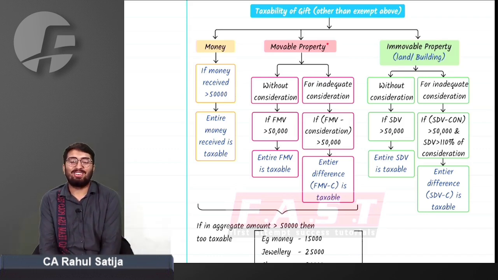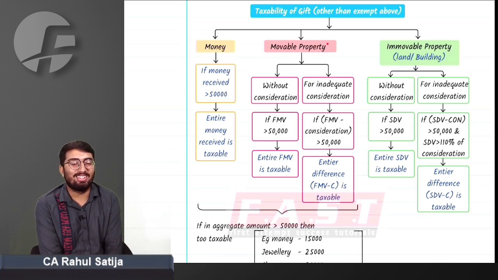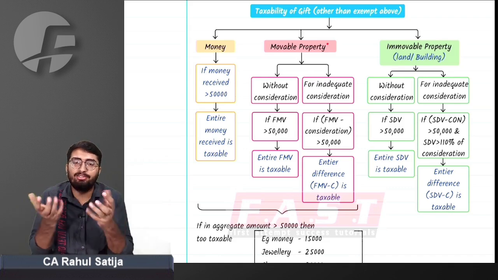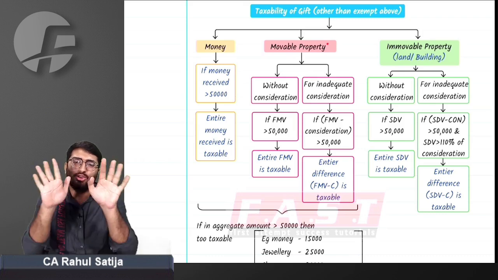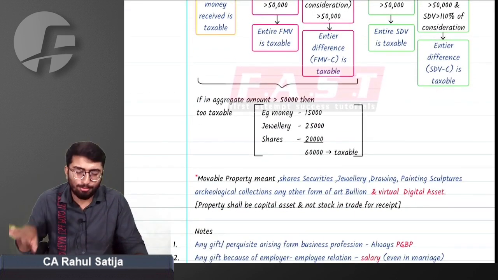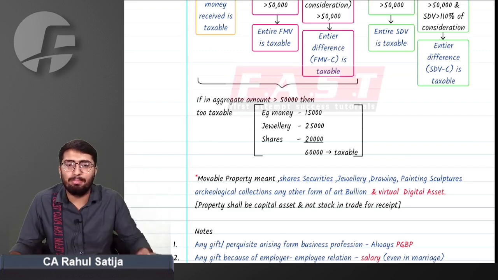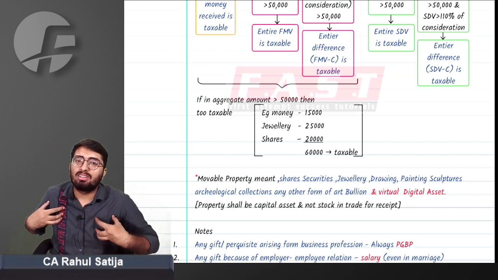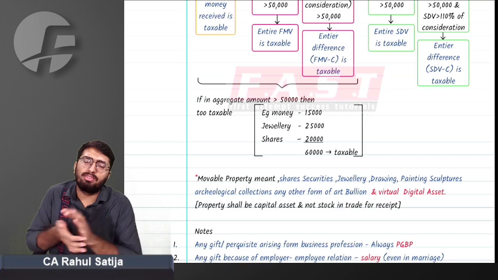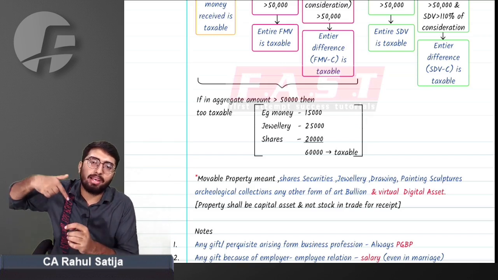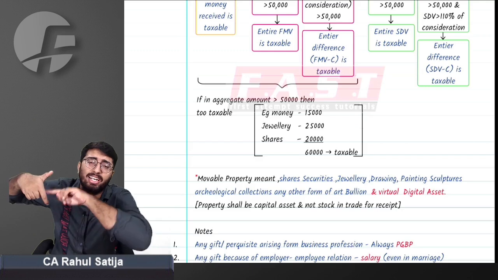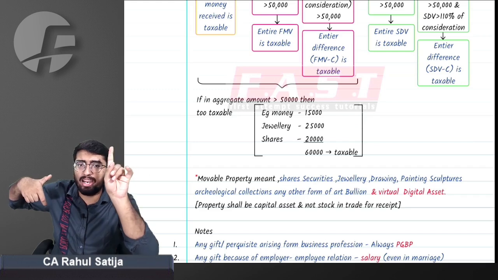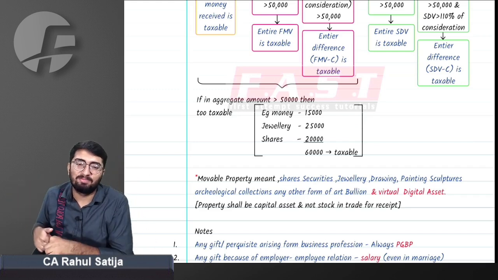Last but not the least, sir, you are throwing bouncers at us. Last thing you need to remember, any kind of gift given shall be a capital asset. It should not be stock in trade. Any kind of property shall imply capital asset. It should not imply any kind of stock in trade. Sir, for example, for Shraddha, her business was trading in property. Any kind of property received at a lower consideration or for free of cost, will it be taxable in her hands? Right answer is if it is stock in trade for her, it will not be taxable.